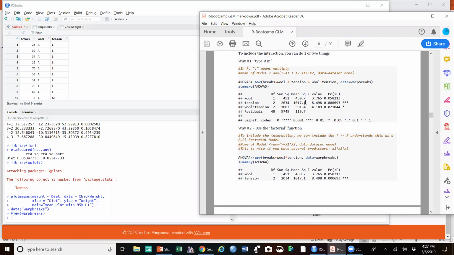So in R, when it comes to building that model, there's two different ways you can do that. The colon sign in R stands for, well, anyway, I know the colon sign means to multiply. So in order to create an interaction between two variables, you have to multiply the two variables, wool times tension. So that's where that is right here. So you could actually physically type it in as weight number one, which is not that hard considering we only have two variables here. But let's say you had several predictors and you're wanting to run a full factorial ANOVA,